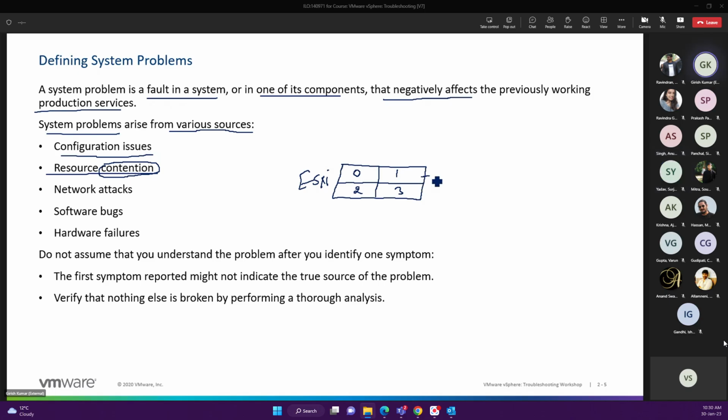In each core, as an example, I have 1.5 gigahertz capacity. What do you think is my total capacity in the ESXi, how many gigahertz? 6 gigahertz. In this ESXi hypervisor, I deploy a single virtual machine, VM1,